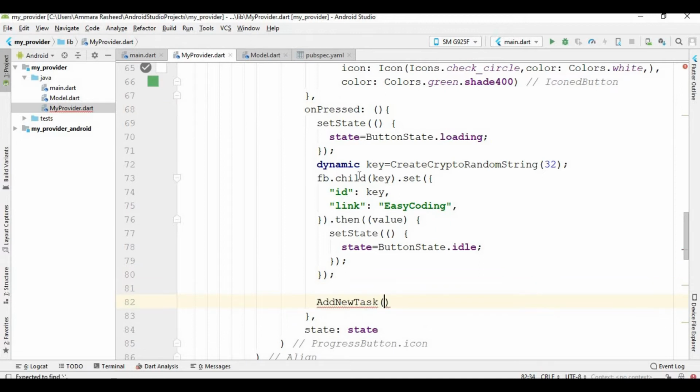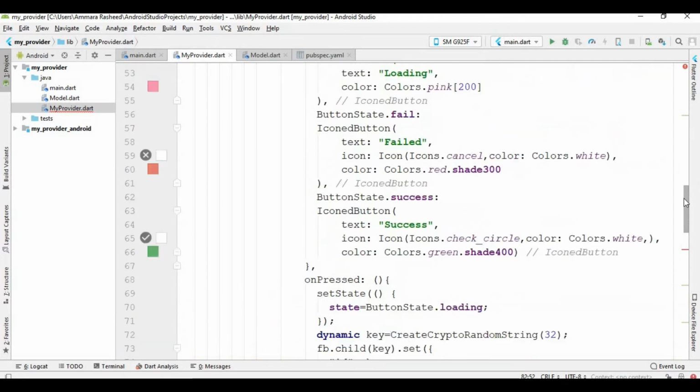and I pass this key and this code which is EasyCoding, and call this. But you will see here that we got an error on addNewTask, and it did not understand where this function comes from. Okay, so what I am going to do is